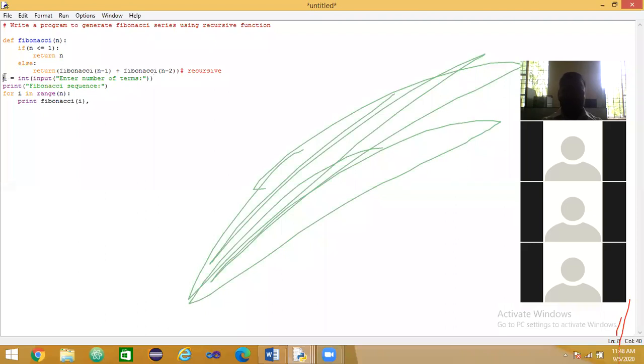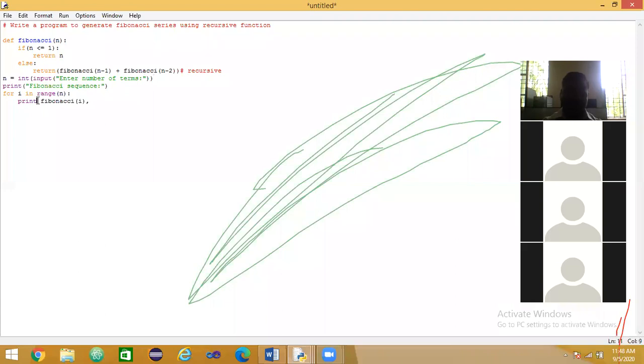And here what we are doing, we are reading the value. Enter the number of terms, meaning how many numbers in the Fibonacci sequence. And here we are using the for loop. We are getting the return value and printing here.